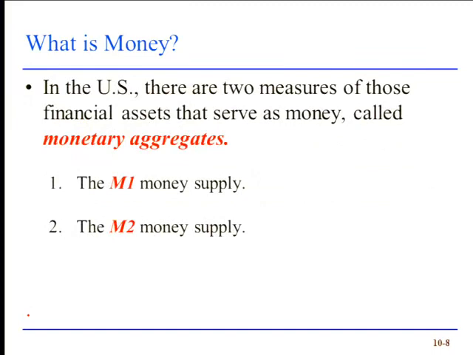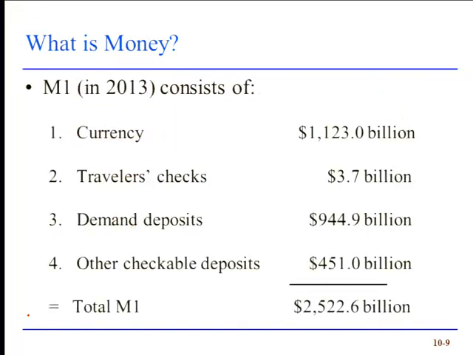So what we also need to do is think about what financial assets filter into those 3 categories: our unit of account, our store of value, and our medium of exchange. In the United States, we actually have 2 groups of assets that we think of as money, which in our very creative way, we call M1, the first definition of money, and M2, the second definition of money. What do you think we would call it if we had a third definition of money? That would be hard to figure out, wouldn't it? Okay, so the assets that are in M1. Now, M1 is sometimes referred to as narrow money or the medium of exchange money, because these are the assets that we primarily use to facilitate transactions that are finalized.